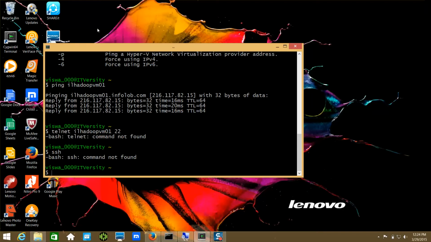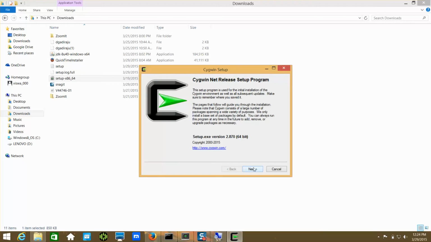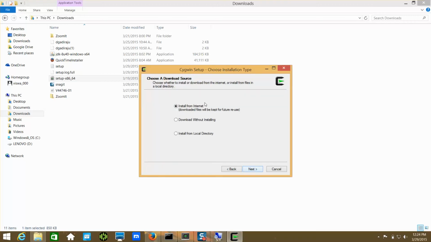In our previous video, we saw how to download Cygwin, and we installed it over the internet. When we downloaded, it created this base installation tool called setup-x86_64, and you can double click it by going to your downloads if you did not move it anywhere else, and then it will open up the installer like this. As we haven't downloaded everything earlier, we have to install new packages from the internet. So you have to leave the default one instead of selecting the other two. Click on next,